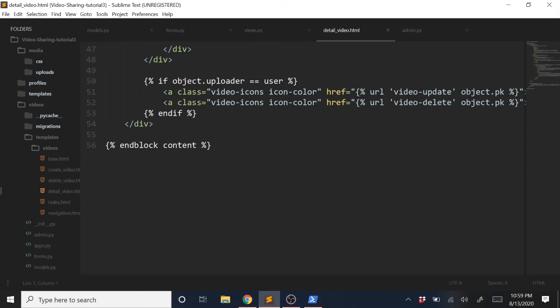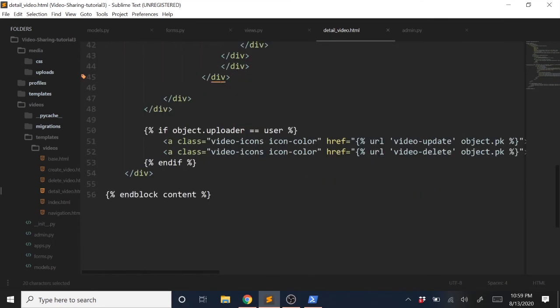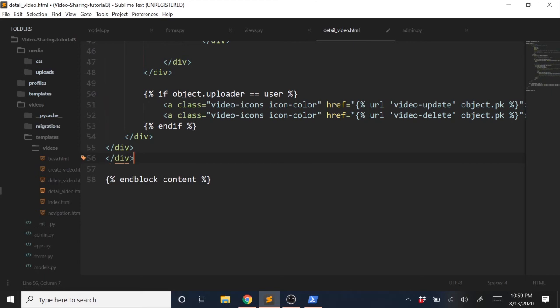But we only want them to be able to see this form and be able to post something in the form if they're logged in. So to do this, we can go ahead and create. I might be missing some things here. Let's just go ahead and add a few more. One more, just to close off all those. And now below all this,